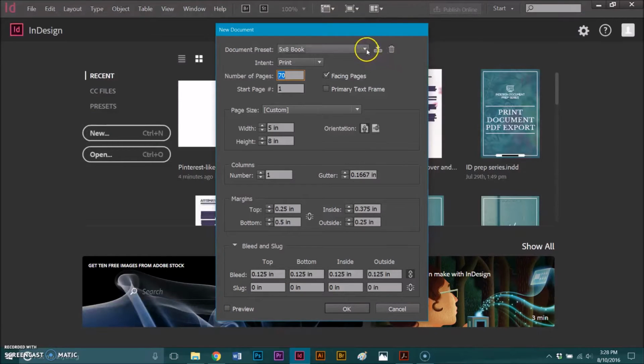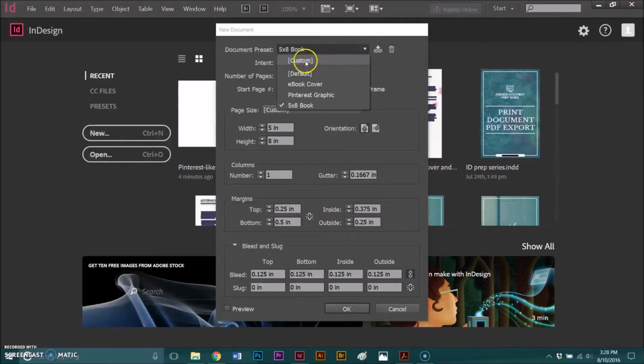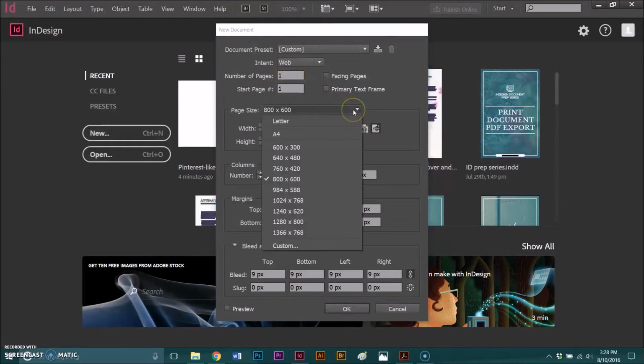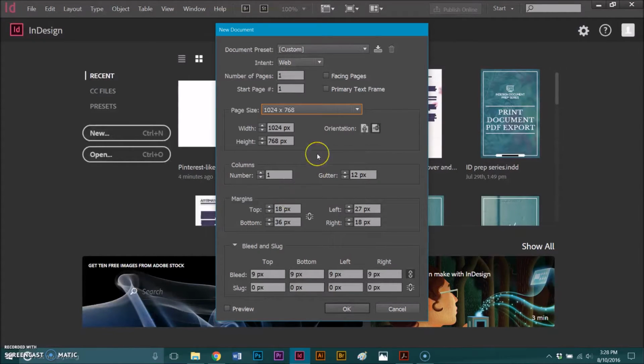And I'm going to set up my new document. So as you can see, it's on some different settings right now that I don't want. So I'm going to choose, for the preset, just a custom preset. The intent is going to be for web. Number of pages, for right now, I'm just going to have one page. The dimensions of this document are going to be 1024 by 768, and I believe this works on most widescreen